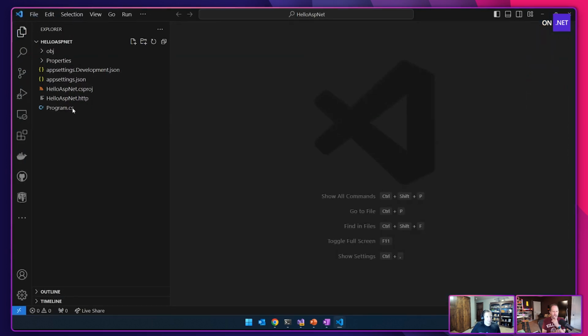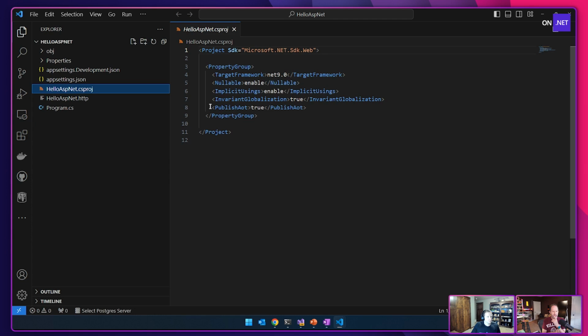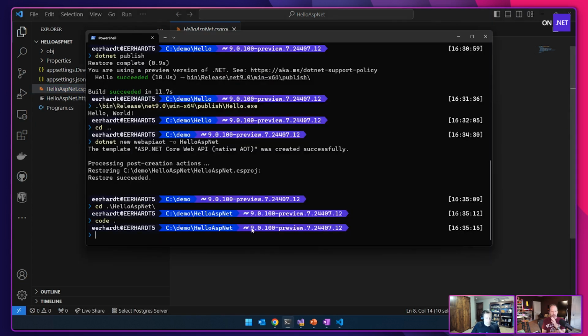If I look at this app, same thing. The one thing that you did there, you said .NET new and you said webapiaot. Before you said -AOT. Yeah, this is kind of a wart in our template story. We originally did have it as web API -AOT, just like console.